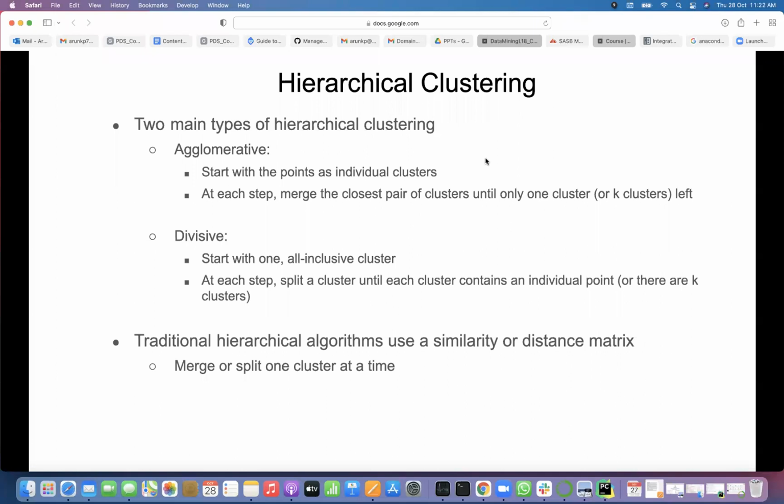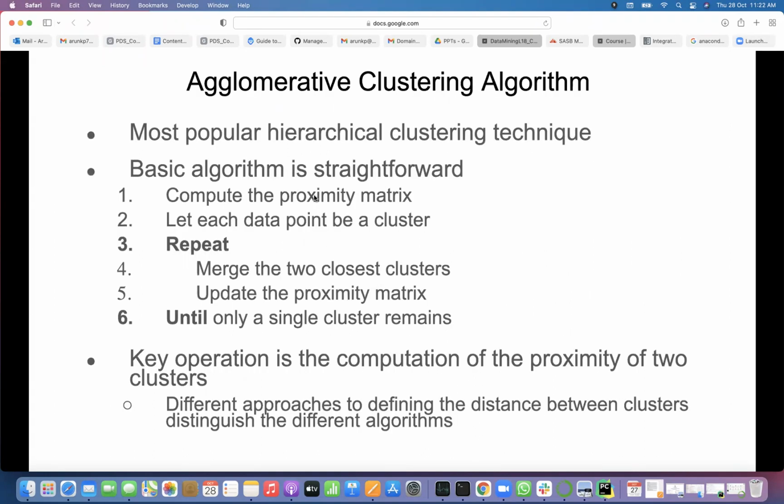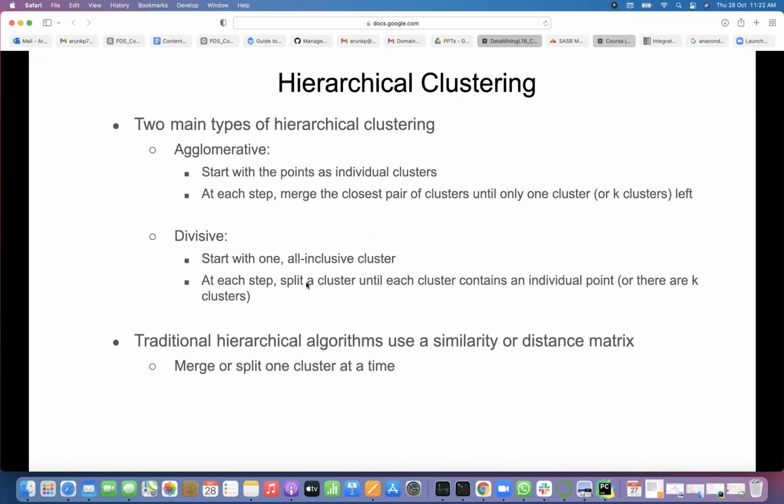In agglomerative, in each iteration, what are we doing? The operation? Merging a pair of clusters. In divisive? Splitting. Can you compare two sorting algorithms which take these approaches? In which sorting algorithm do we use merge? Merge sort.